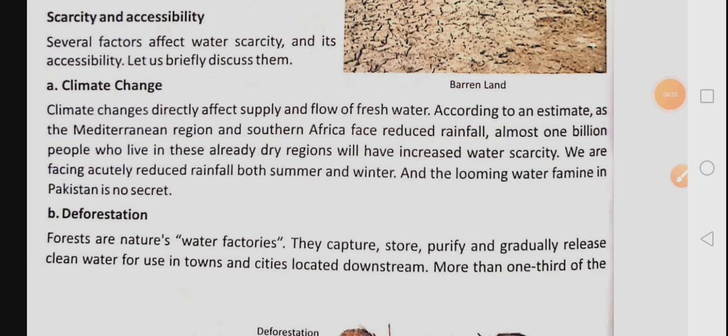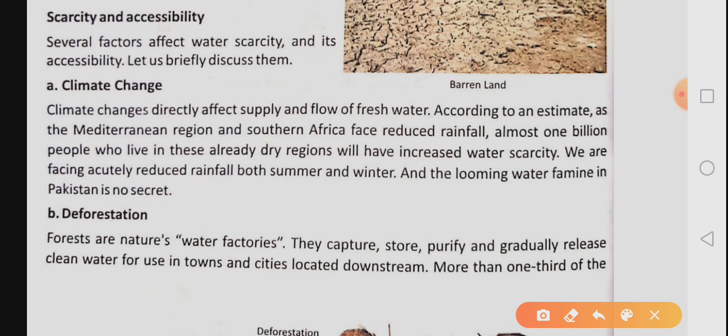Now we are going to discuss the scarcity of water. Scarcity means lack of water, or there is not enough water for everyone. There are certain reasons for it. First one is climate change. Climate change means the climate on the earth is getting warmer day by day. There are fewer rains, more floods, more natural disasters, but we are running out of fresh water. Why? Because our rivers, our streams, our lakes are getting polluted, and now we have less and less fresh water left on the earth.